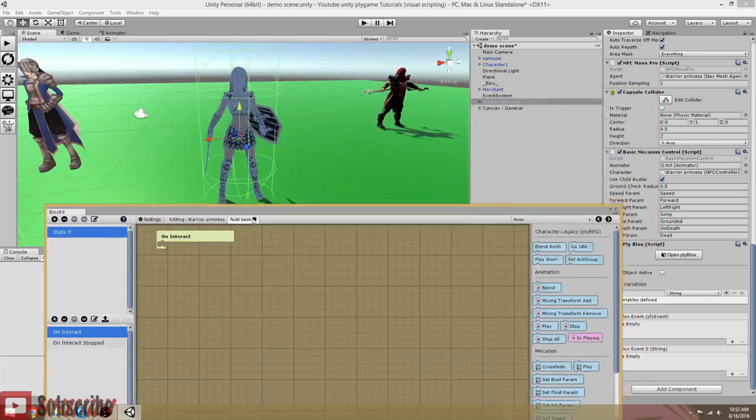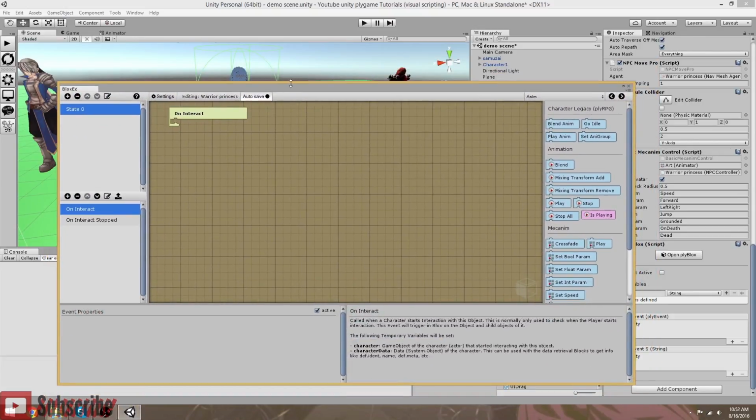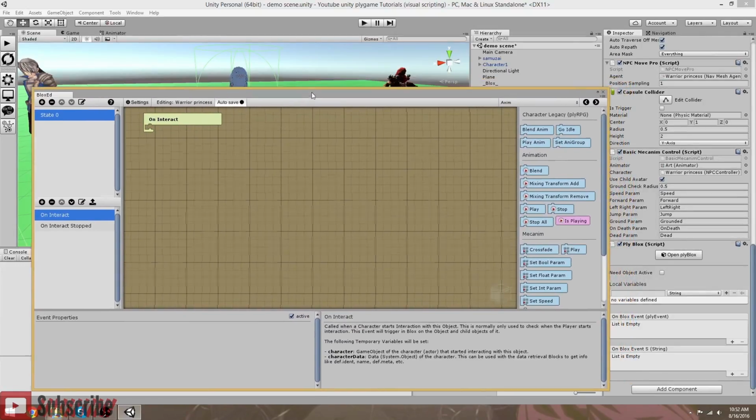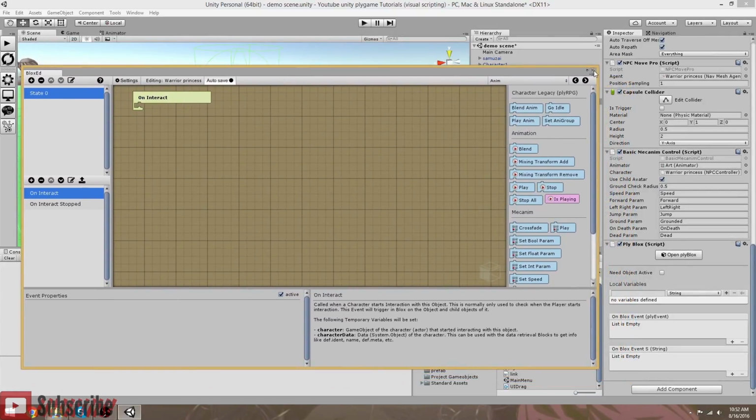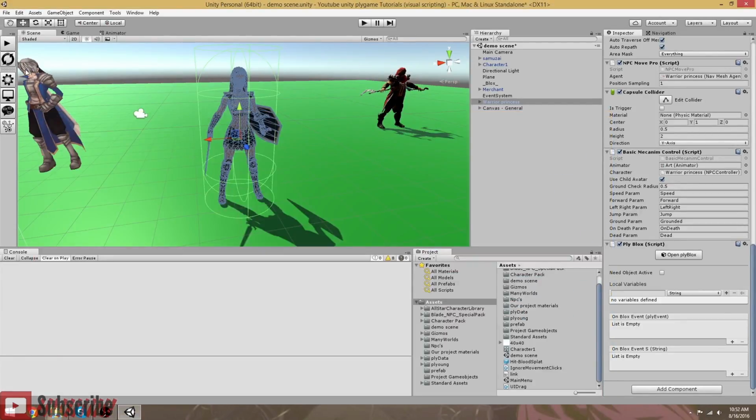So in the on interact, what we're going to want it to do is nothing right now because we actually don't have anything set up. Let's work on everything else, but we now have our princess here ready to chat. So, we'll start the chat and open a dialogue. I don't want to put the blocks in because there's no point without anything else, but anyway,